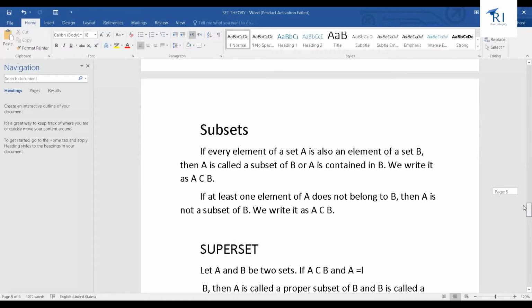Okay, now we're going to talk about subsets. What are subsets? If every element of set A is also an element of set B, then A is called a subset of B, or A is contained in B. We write it as A is a subset of B. Like here, for example,